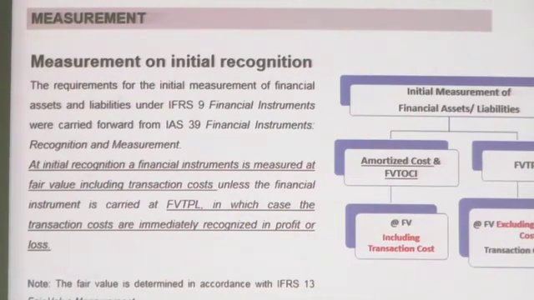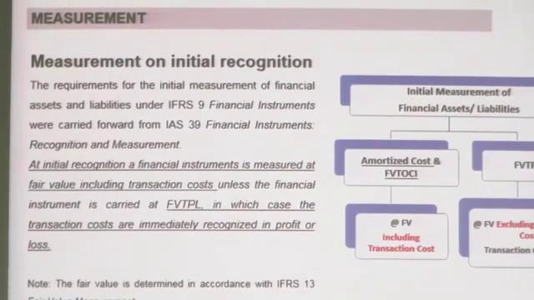If the instrument in the fair value through P&L bucket is highly realizable, the gain immediately goes to the P&L, therefore the transaction cost is also taken into profit and loss. Clear? But the other bucket, which bucket? The amortized cost and fair value through OCI bucket, both are in the same bucket, right? Not highly realizable. If you want to realize immediately, you will have a capital loss. Got it?